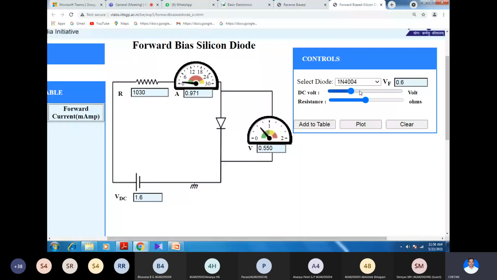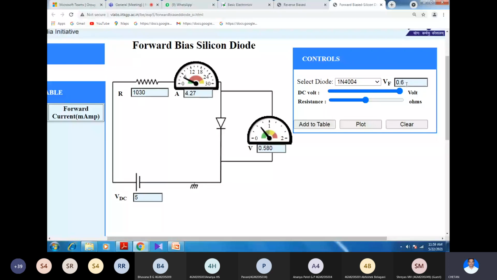Still if I increase this voltage, you can see the current is further increasing, and the voltage drop is nearly equal to the same 0.6, right? Here the current is increasing further. Similarly, you can check for different values, right? If I keep this to the maximum value available here, which is 5 volt, there is a current of around 4.27 milli, this is in milliampere, right? And the voltage drop across this diode is almost equal to 0.6 only, right?